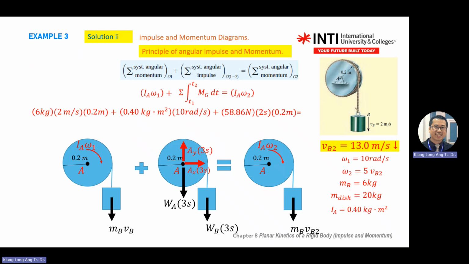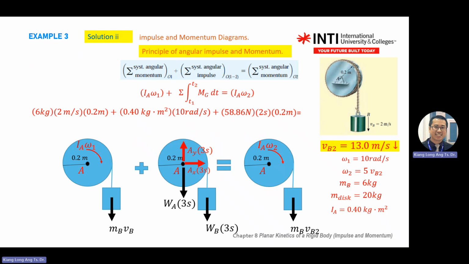So how to get this one? This momentum multiplied by the distance here, you will generate this one. This one is IA omega 1, where omega 1 is 10. So this is angular momentum. This one, mv multiplied by the perpendicular distance, you get the angular momentum also. Plus